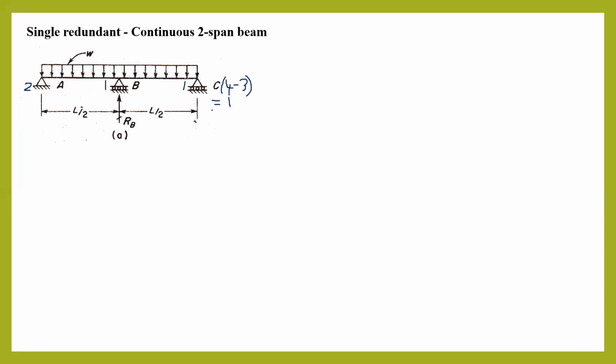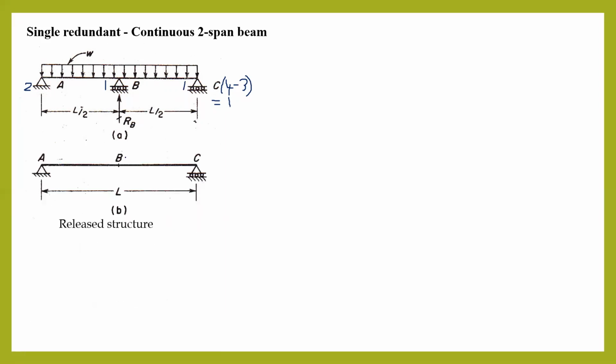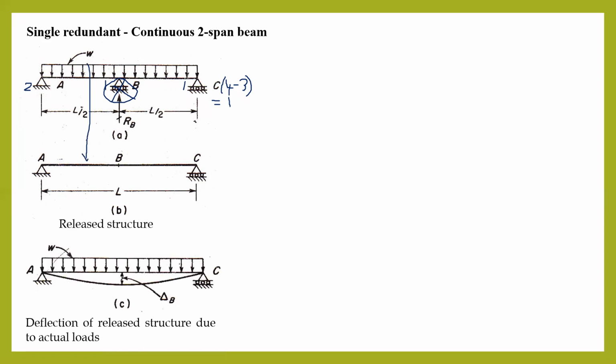From this problem, we need to make it statically determinate by releasing any one of these reactions. In this problem, we have released the center reaction. So this support was removed, and now this is simply supported. For the released structure with this load, we will calculate the deformation, that is delta B. How is it looking? A simply supported beam with UDL. The deformation will be 5wL^4 by 384 EI, and we have a minus symbol because it is downward deflection.